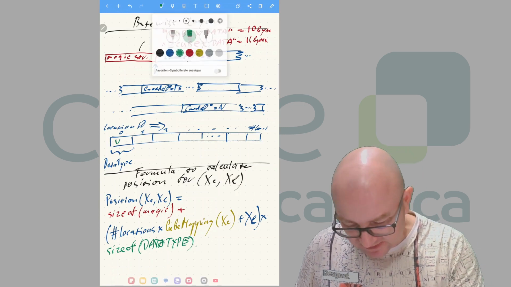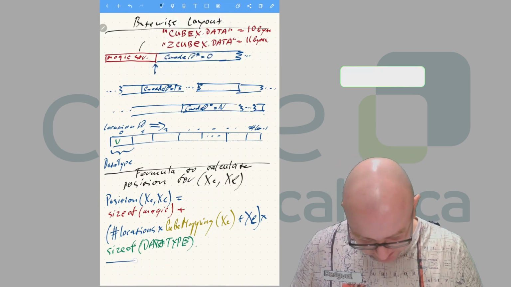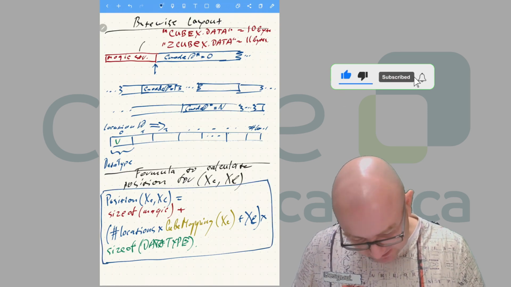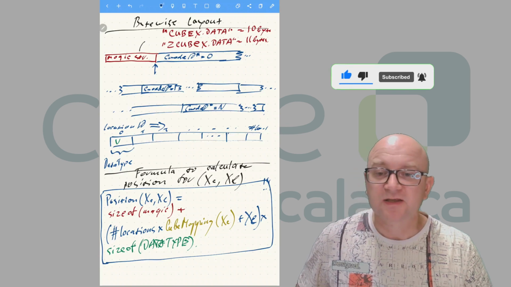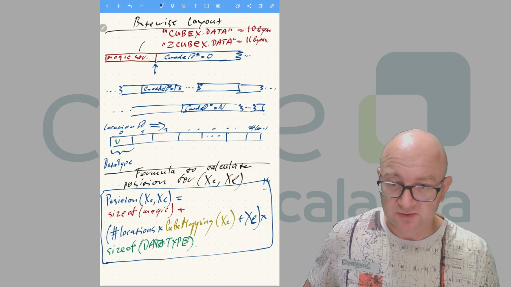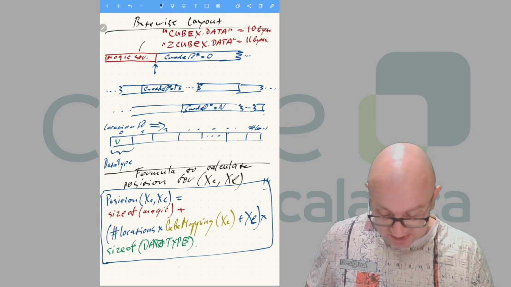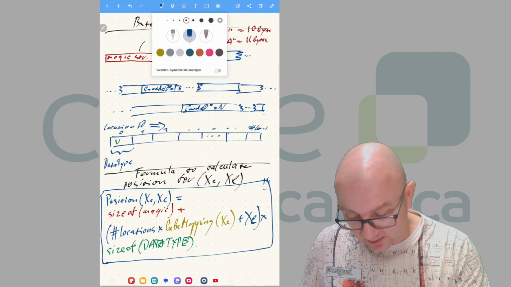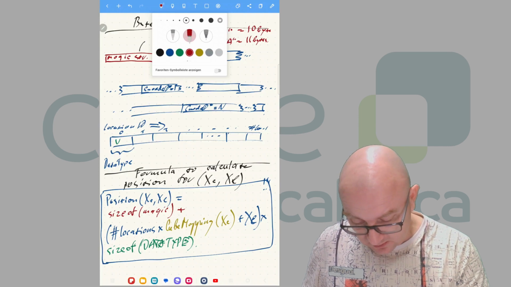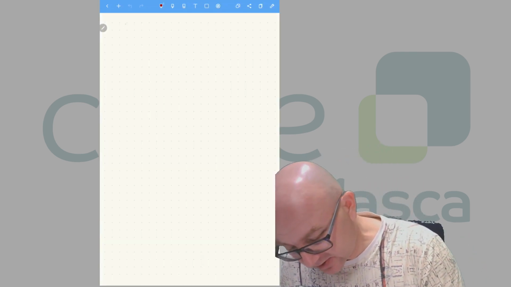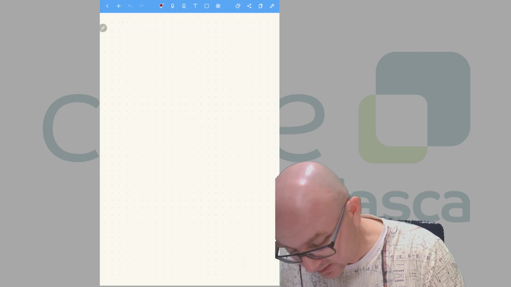And that is basically our formula, which describes where our data is located inside of the m.data. So size of magic is either 11 or 10, right? So let's get another page here. Size of magic